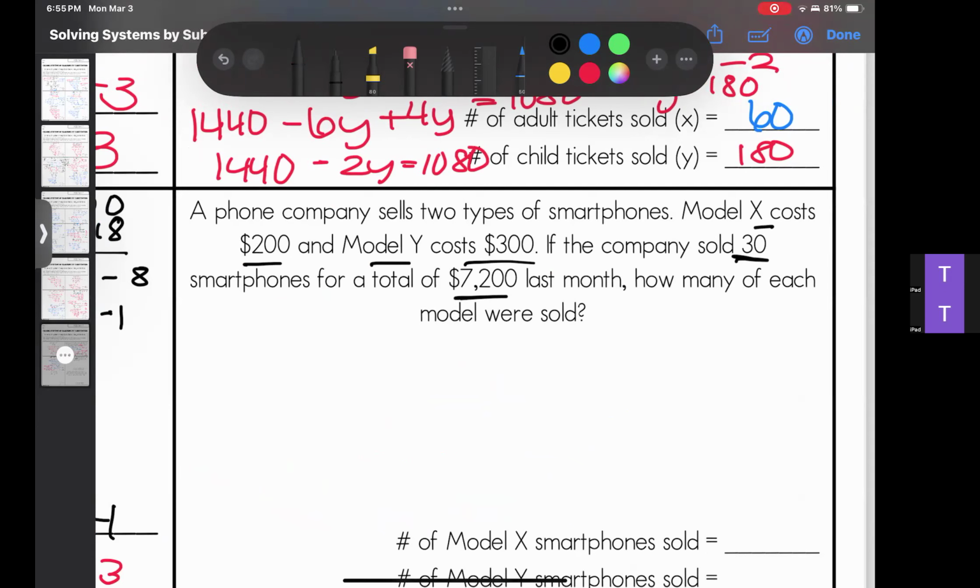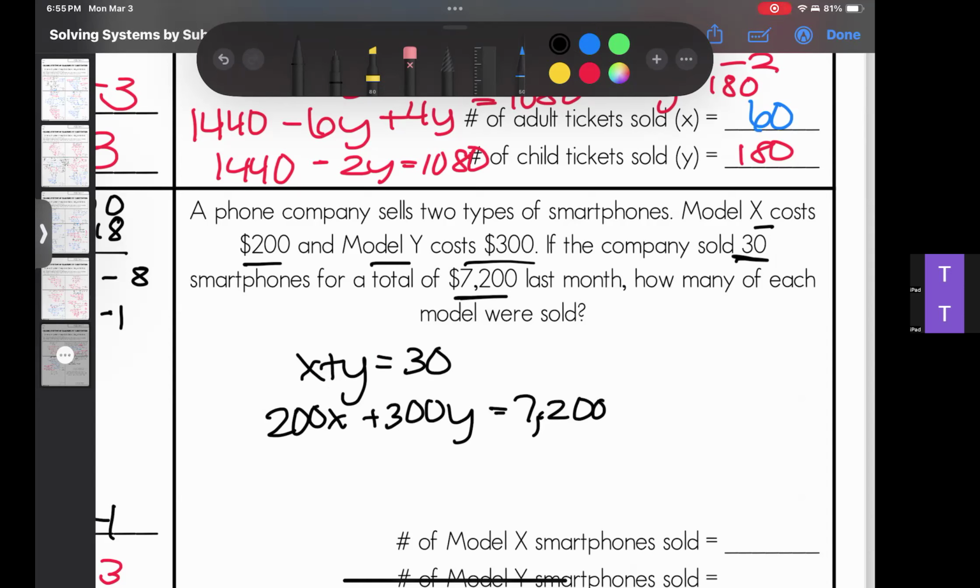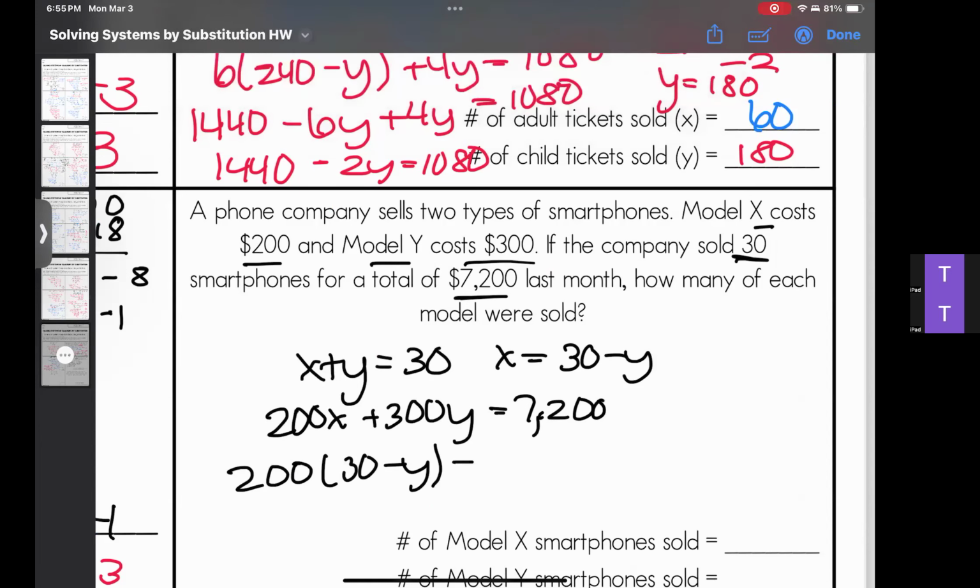So we're starting off with like, what is our total? We know that there's 30 phones sold, so X plus Y has to equal 30. Is that something sold in total? And then we have 200X plus 300Y equals our 7,200. All right, so I'm going to let's kick our Y. X equals 30 minus Y. Let's kick our Y out because 200 is a nicer number. 200, 30 minus Y plus